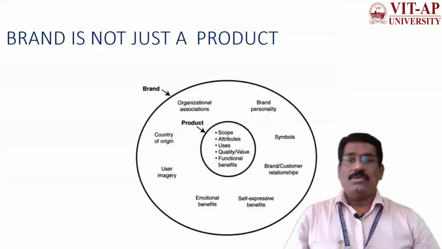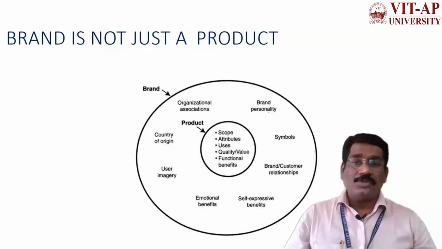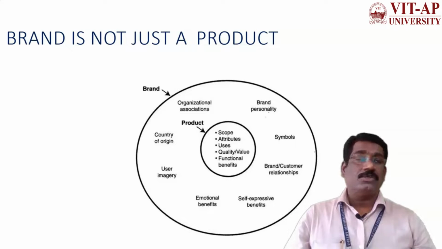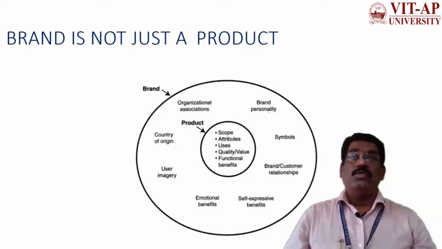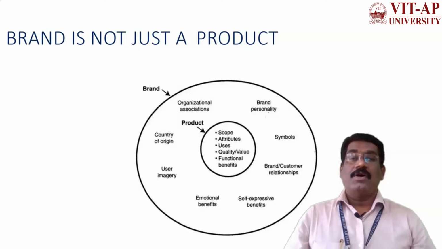Let's move further. So, a brand is not just a product. A brand is more than a product. For example, a product should extend some kind of scope, and a product can be remembered by consumers through its attributes. For example, if you think about the Intel brand, immediately what happens? If you think about a laptop and you look for a brand, I mean the processor should be from the Intel brand. So you will confidently buy that particular product, because one of the processing attributes has been very much appreciated by you, since Intel is a great manufacturer of processors. And also,